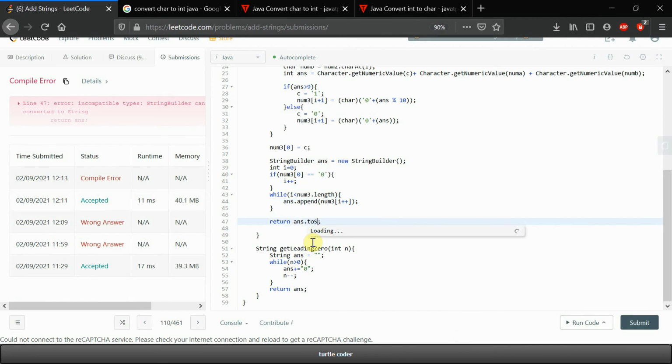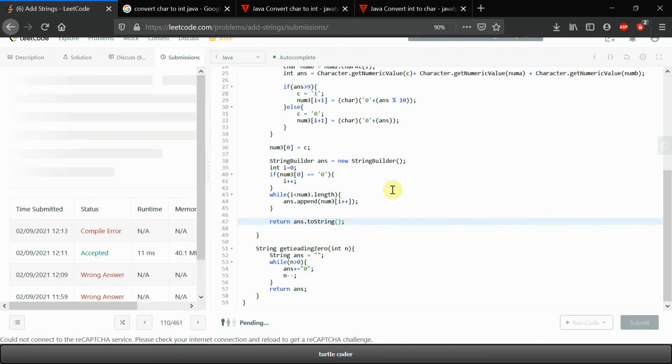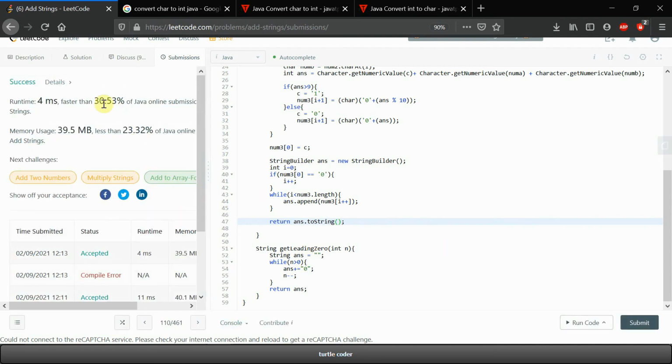Answer dot toString. See, time gets incremented because we were using string that was an immutable string, and the string builder is a mutable thing. Same thing we have to do with our